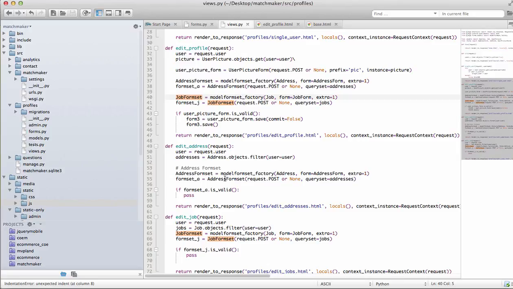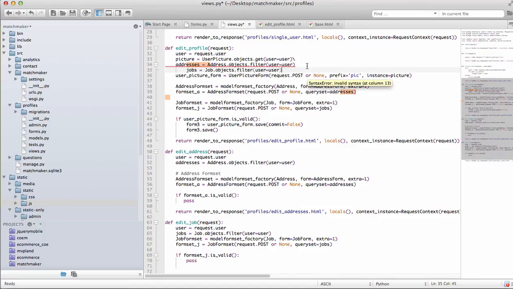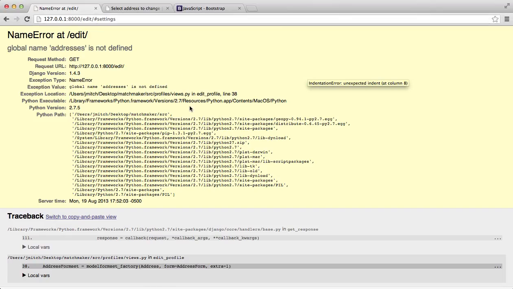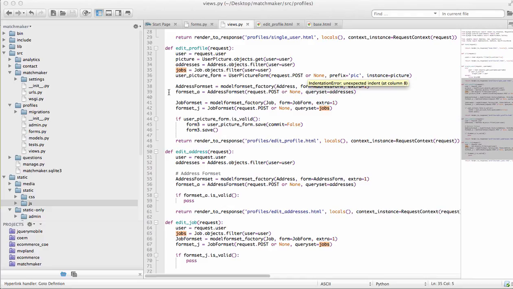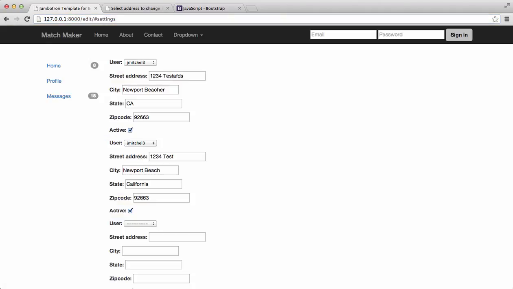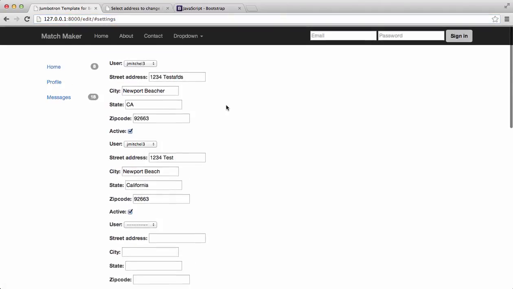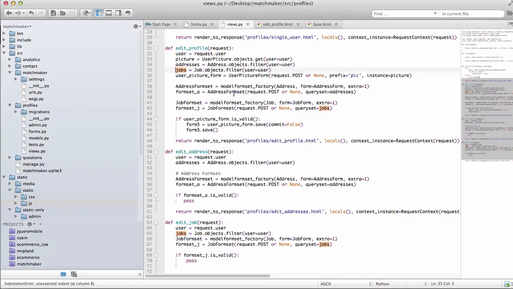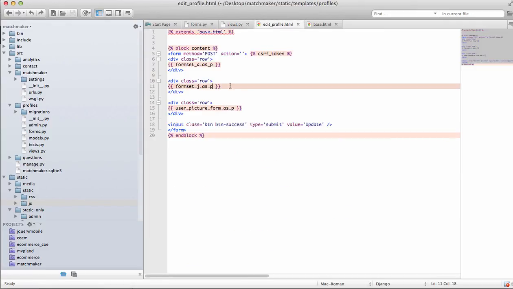global addresses is not defined. Oh yes, we need to make sure that we're pulling in these things too. I realize we're kind of going backwards because we already deleted a bunch of this stuff, but I think this format will actually look better overall. Okay, so now we have all the forms coming through, and if we go into edit profile, we'll see this